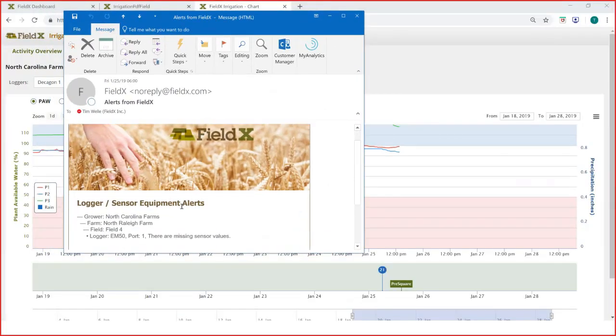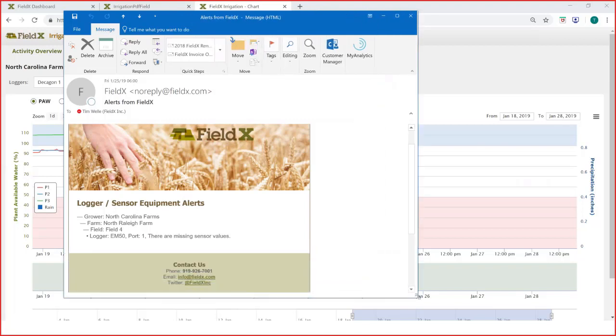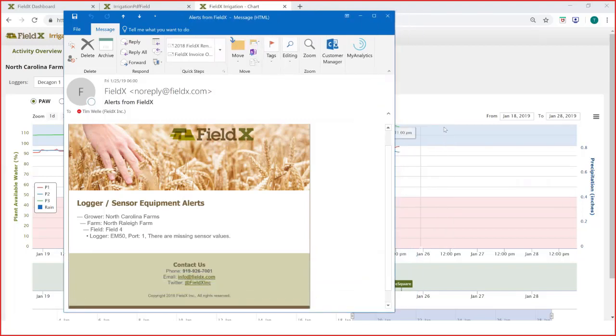Okay, now this is the second type of alert. This is not the PAW threshold alert. All the fields that I have in this account are above their PAW thresholds, but this is a logger sensor equipment alert. So when there's an issue with the sensor, if it's flatlining, if it's missing sensor values in this case, it's going to send you an email